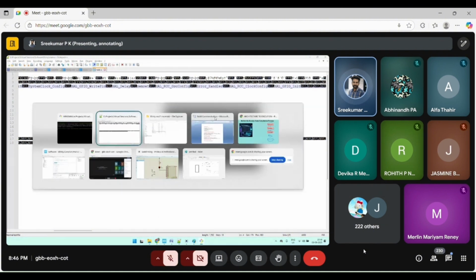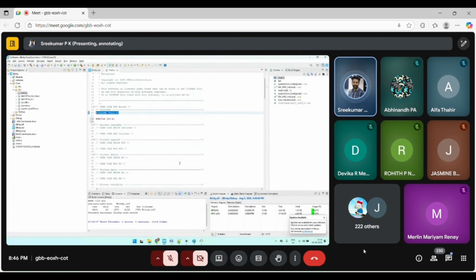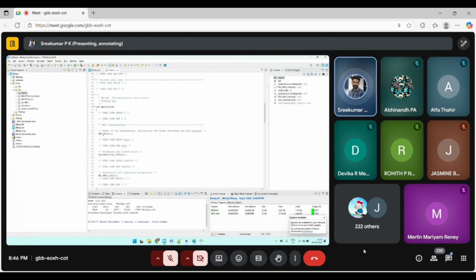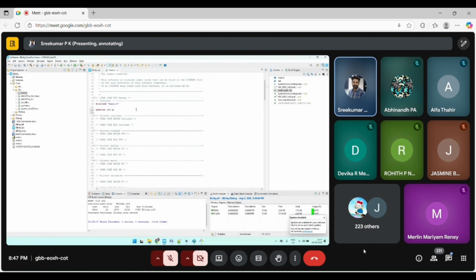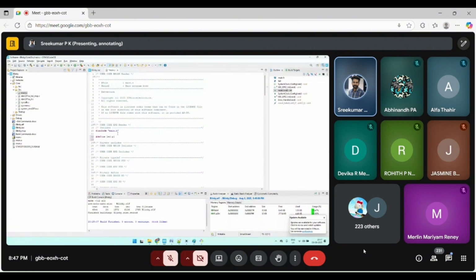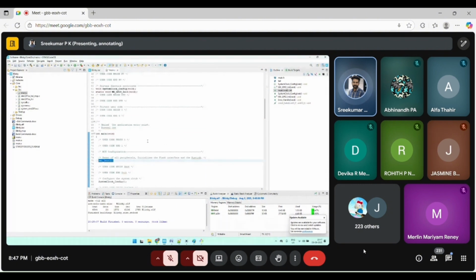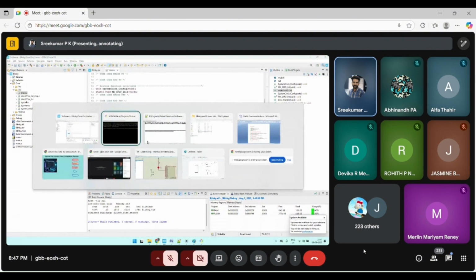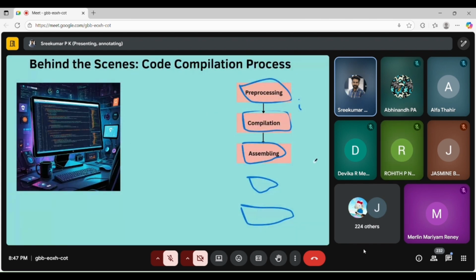So what is meant by address resolution? I will explain that. Here you can see one particular function is getting called by the main function, but the main function doesn't know where this HAL function's address is, because it is in an external file somewhere inside main.h. So address resolution is not done by the compiler. The next stage is this one, assembling.